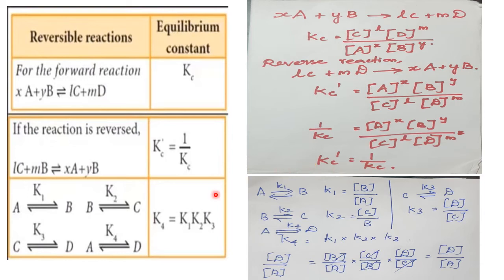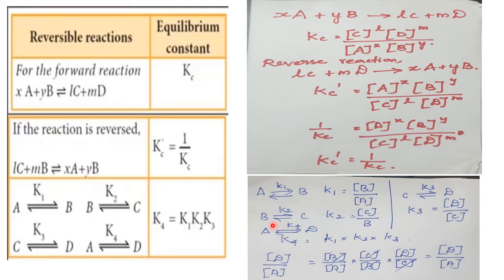Then next, a direct reaction is given. Directly A gets converted into product D. Otherwise, A gets converted into D by 3 single steps. First A is converted to B, then B is converted into C and C gets converted into D. So for this type of reaction, first you take the first reaction, A to B. For this A to B reaction, how can we write the rate constant? K1 is equal to product B concentration divided by A.